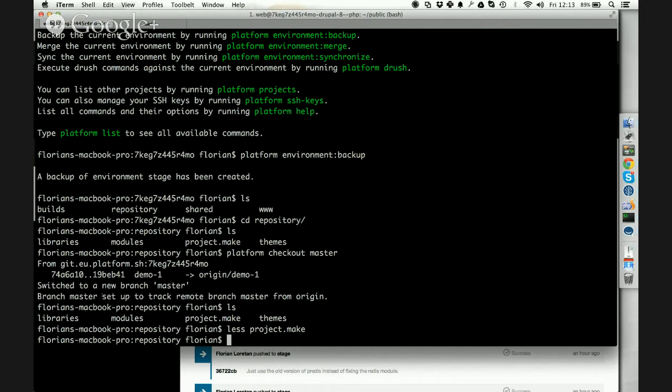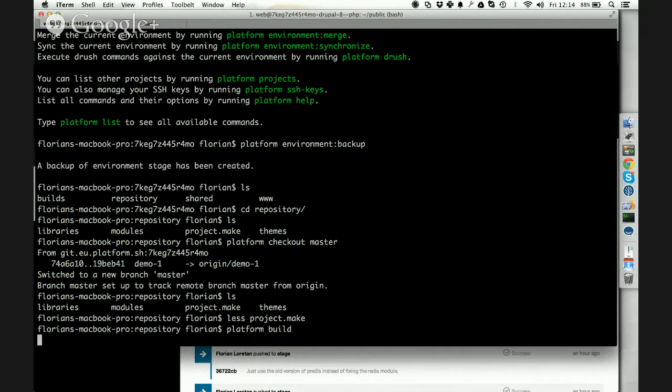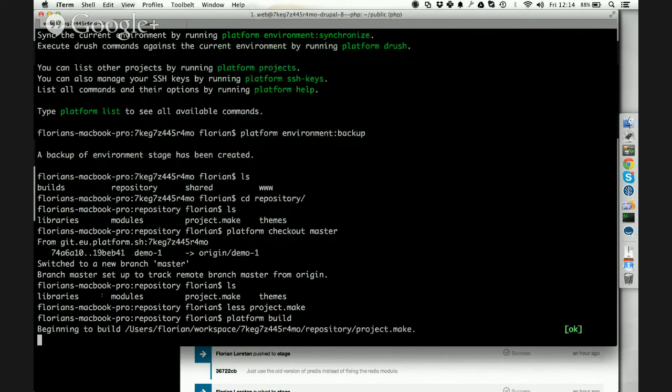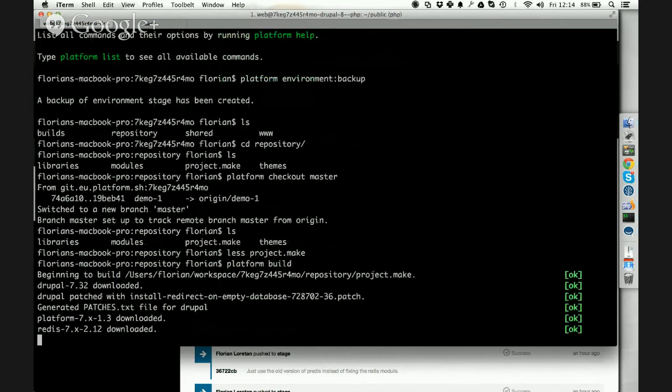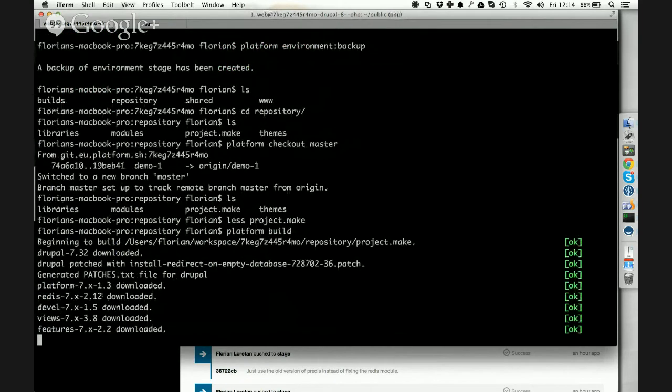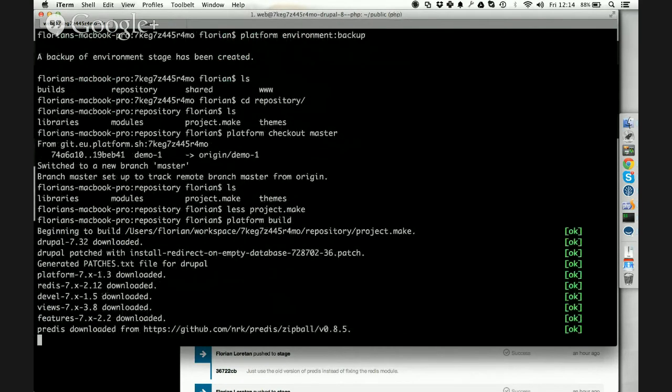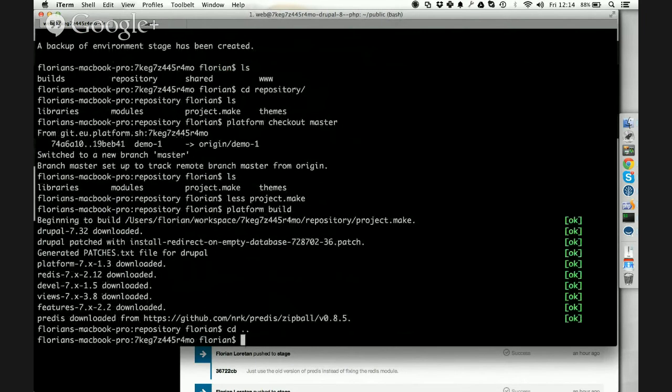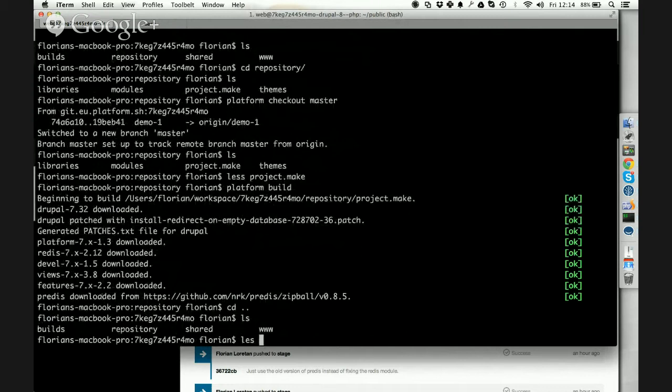on. So we have this project. Now we would like to test this locally. We still want to have a local environment. So we can do platform build, and it's going to create a directory under the build directories, the one that's one level up. So now under